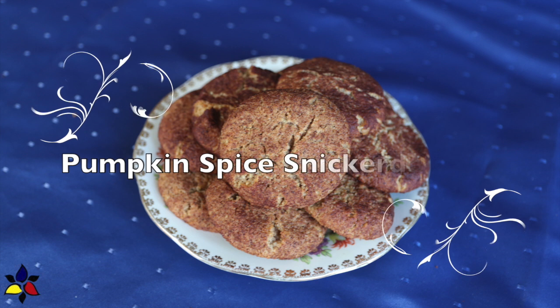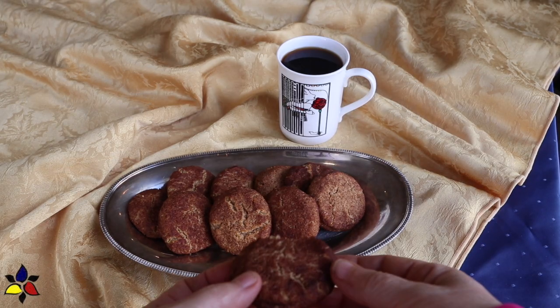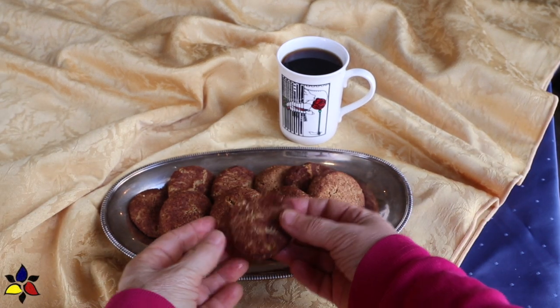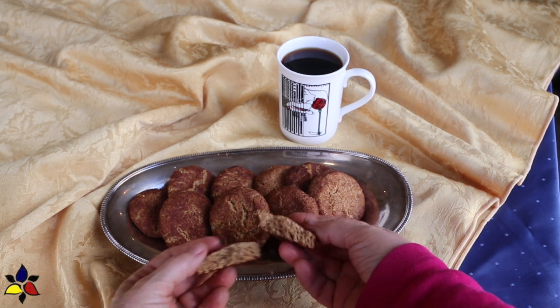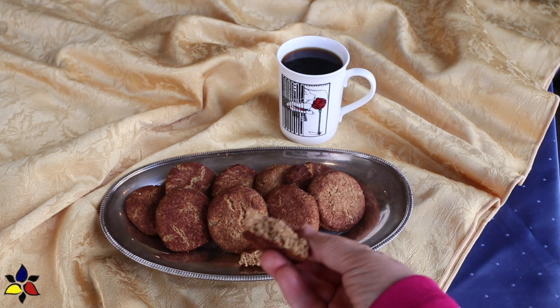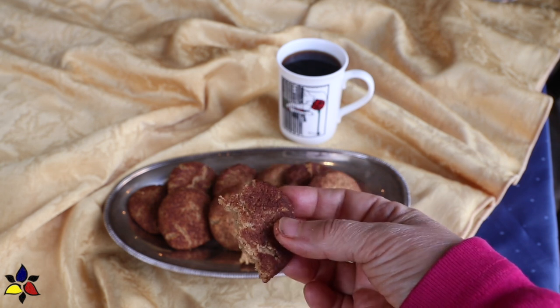Today I'm going to be making my pumpkin spice snickerdoodle cookies, a version of a traditional New England cookie, but with a little bit of a difference. However, if you do like the classic crinkle cinnamon spice version, I will be providing instructions of what changes you need to make as I'm making this cookie. So please continue watching. But if you want something a little bit different and more seasonal, I hope you will